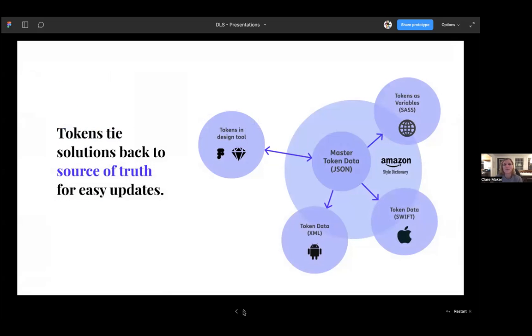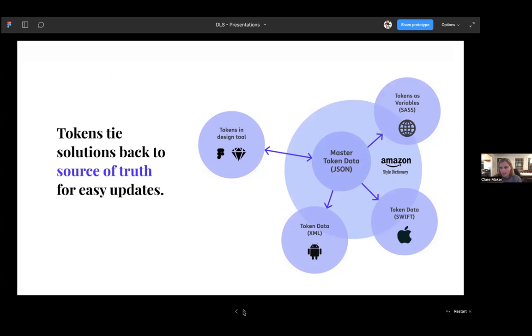Okay, so let's think about that word, source of truth. How might we build a system that connects products and helps them evolve simultaneously? So here's how the system is structured. Design tokens live in this JSON file in the center here.